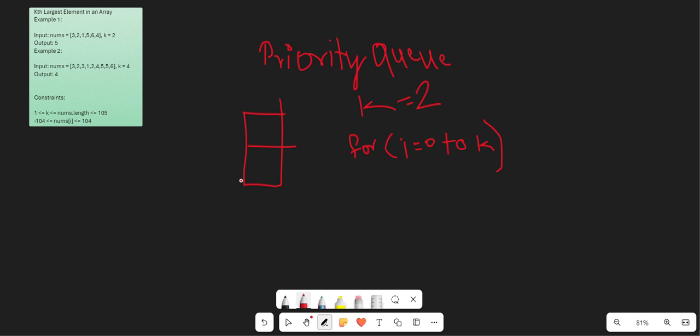This priority queue works by putting the largest number at the bottom, so 3 would be at the bottom and 2 at the top. After that I will use another for loop, where i starts from k and goes till n size.